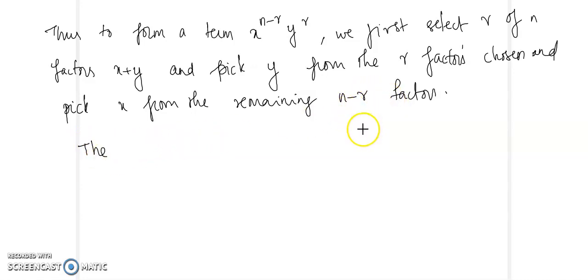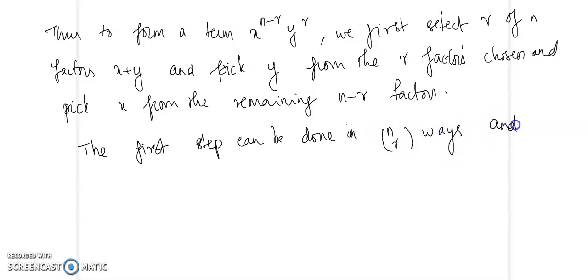Now, let us look at the number of ways in which you can do the first step. First step, we need to select r out of n factors, so x plus y. So the first step can be done in, number of ways of choosing r objects out of n, that will be NCR. So the first step can be done in NCR ways,